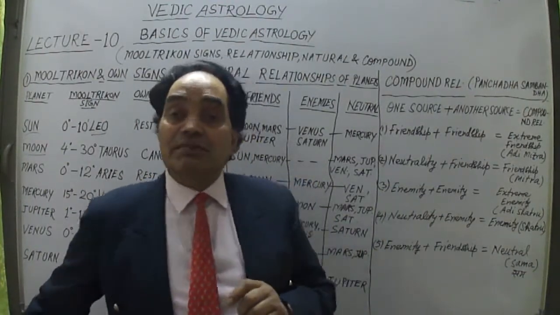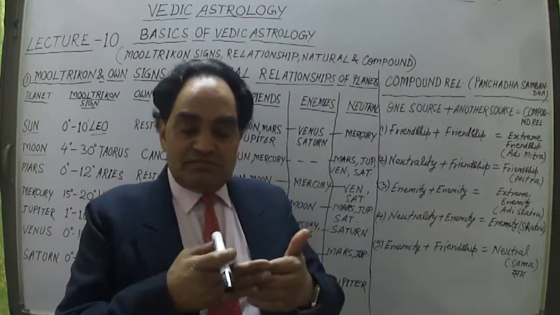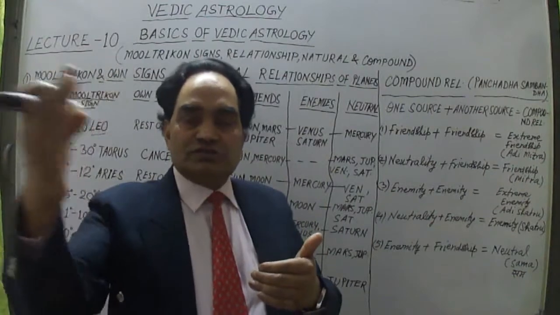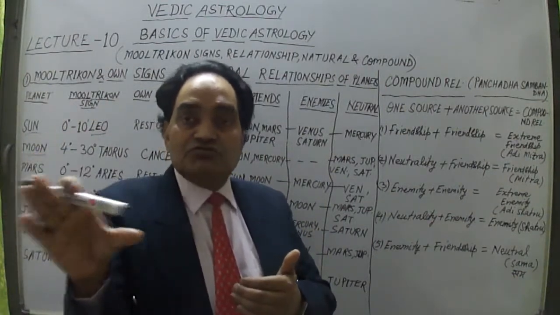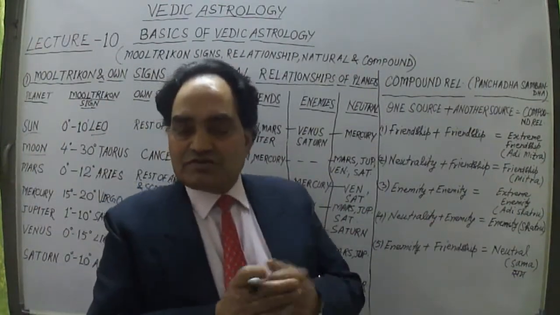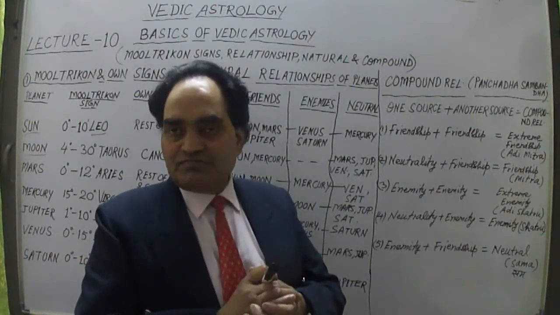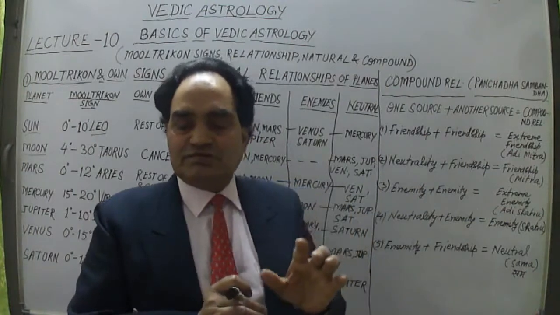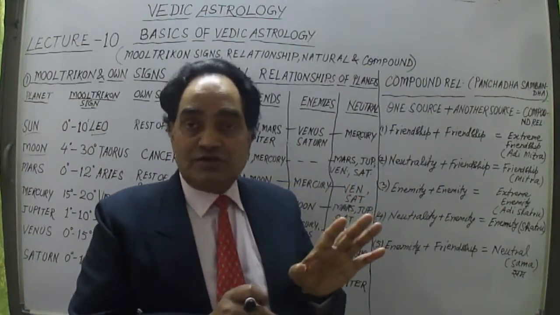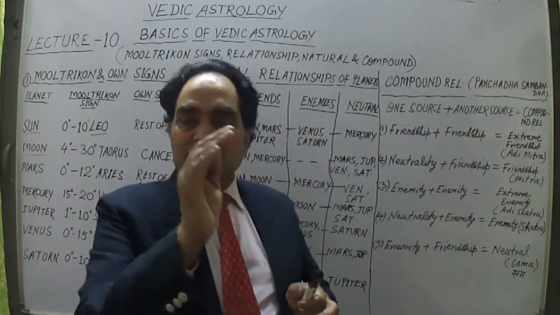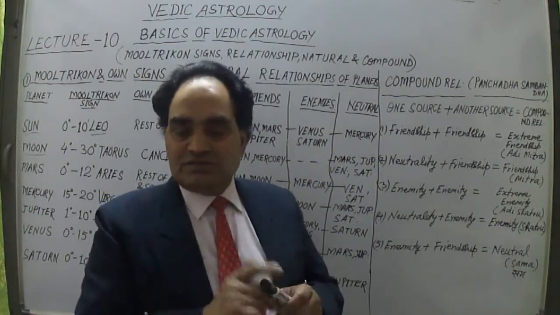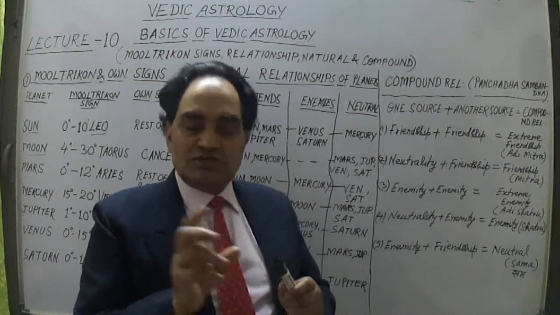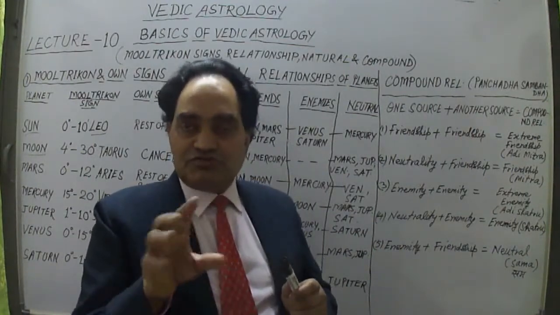But the external planets, meaning the planets which are away from Earth, Mars, Jupiter, Saturn, these 3 planets have 3 aspects, right? The 1 to 7th aspect is there. Then Saturn has the 3rd aspect, 10th aspect, and 7th aspect. The 3 aspects Saturn has: 3rd, 7th, and 10th. Jupiter has the 5th aspect, 9th aspect, and 7th aspect. 3 aspects. Mars also has 3 aspects.